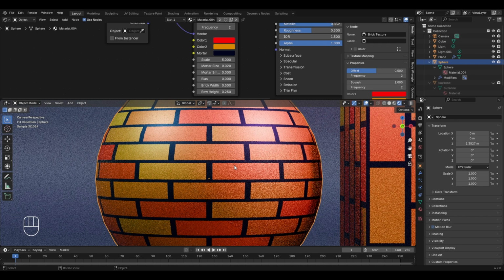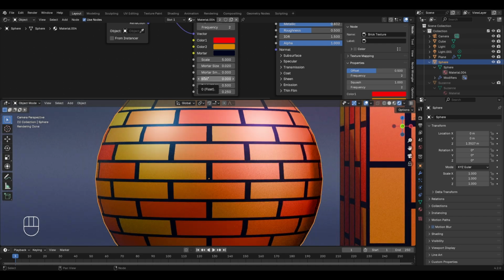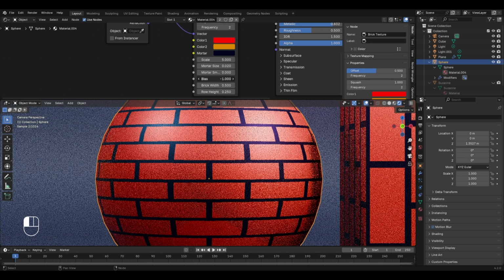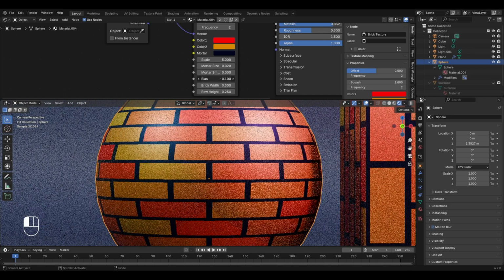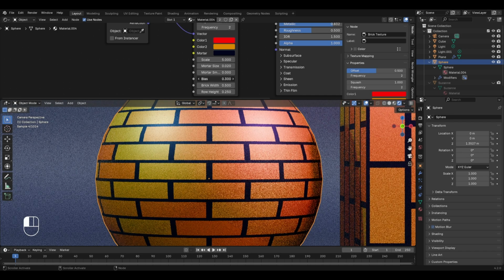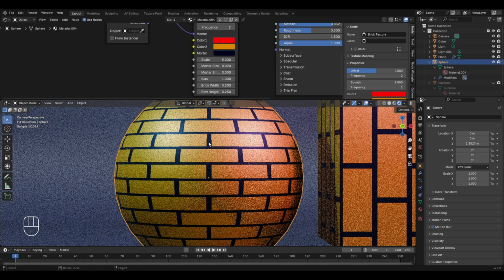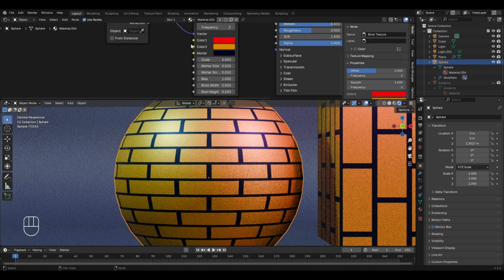By default, its value is set to 0, meaning that there will be an equal blending of both the colors. But if I want more influence of the color 1, then I have to reduce this value to a negative number. For example, at -1, we have complete red color, which is also the color 1, and as I begin to increase this value, the influence of the red color will begin to reduce, and once it reaches +1, we'll be getting complete yellow color, which is the color number 2. But again, to get a balanced color, it is advisable to use 0 as the value in the bias option.